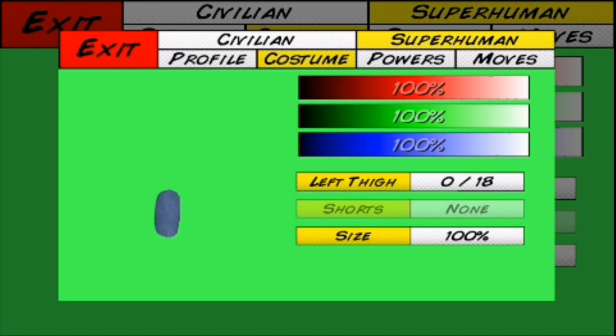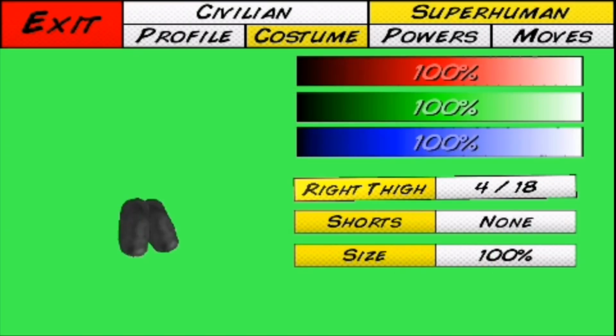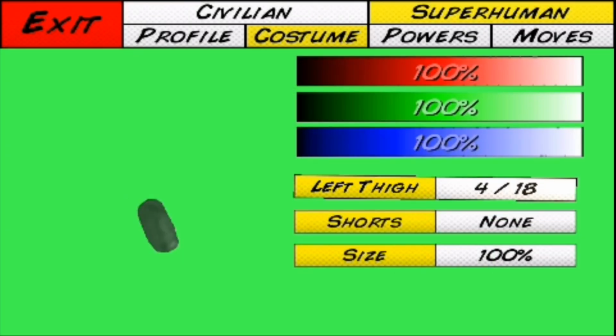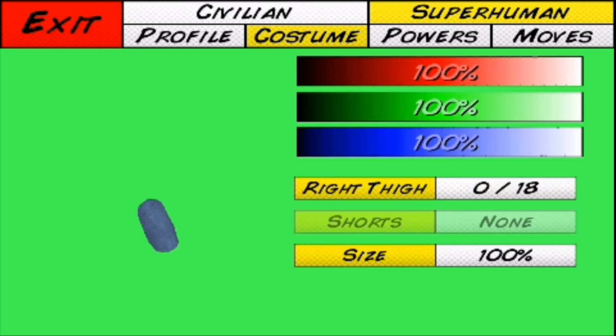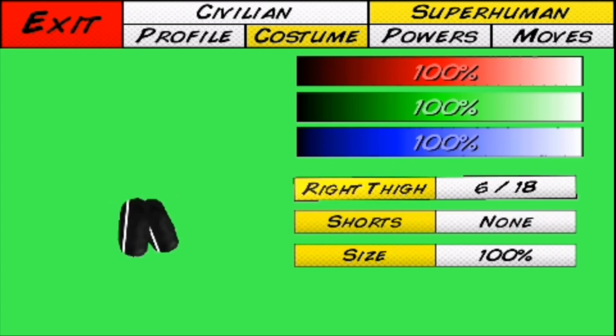take a screenshot. Then you're going to make the right thigh 0, go back to the left thigh, put it back to where you had it. In my case, it's 8. Take a screenshot. Then we're going to make both of the thighs back to 0, and then we're going to